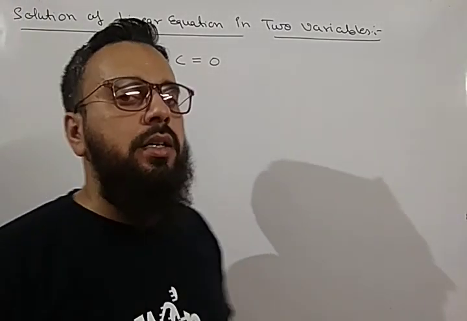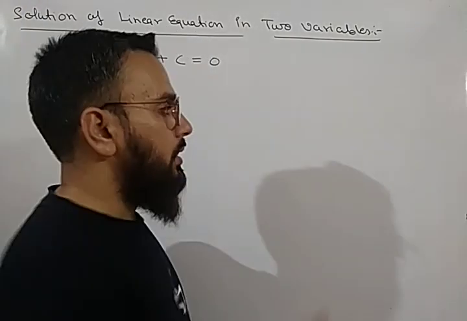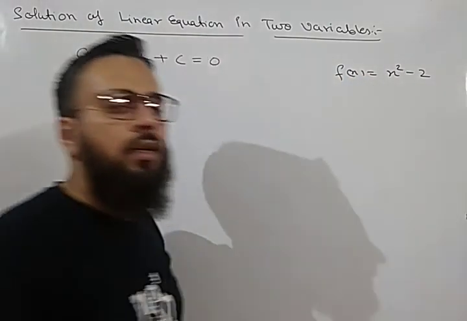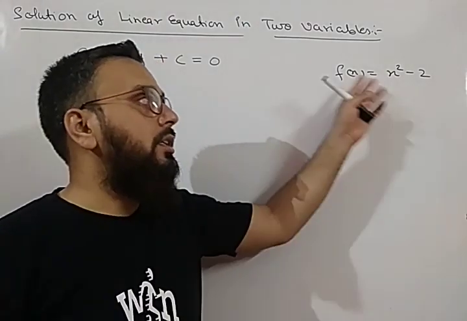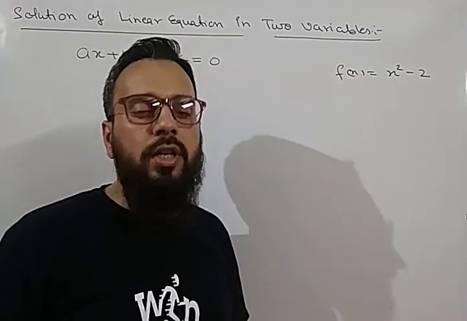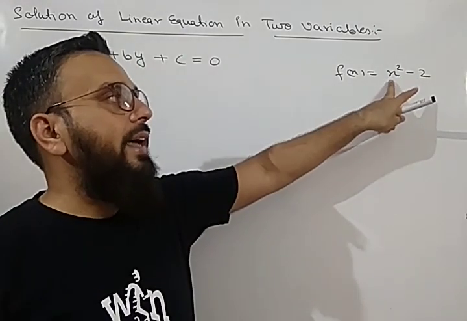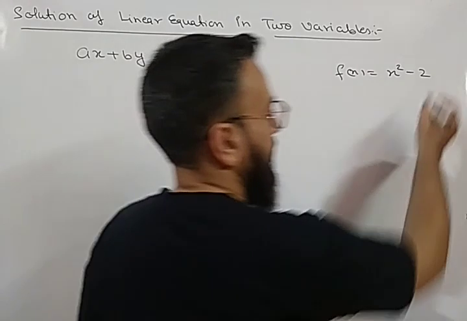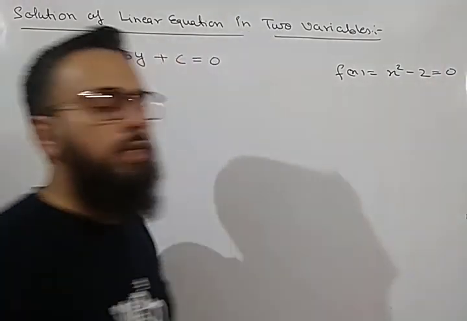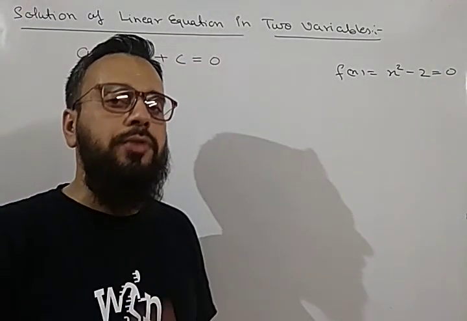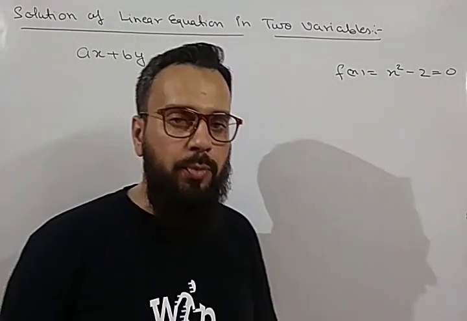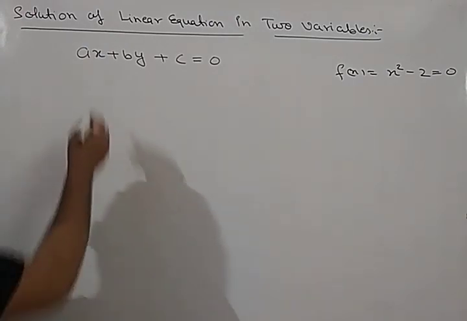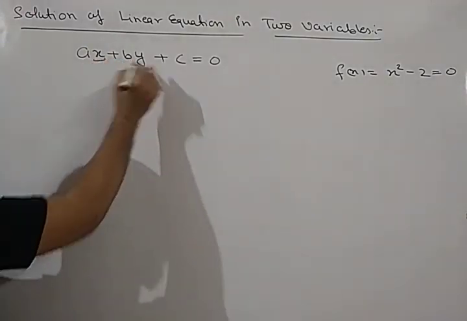As we have already studied in the chapter on polynomials, we took a polynomial, suppose f(x) is equal to x square minus 2. Then I told you what is the solution of this polynomial, or the 0 of the polynomial. 0 means the value of x which satisfies the given equation, or by putting which in the given equation it becomes equal to 0, then that value is called the 0 of the polynomial, also known as the root of the polynomial.